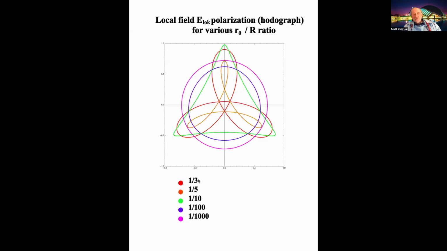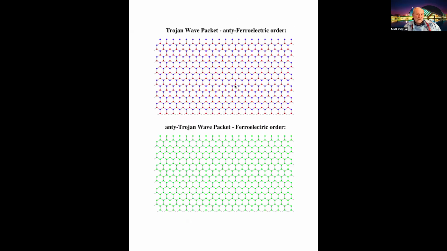Okay, for low ratios, but nevertheless, it says that in all these motions there is, as you see, a closed trajectory, and it is periodic, so there is a strong circular component, so it can still maintain the packet, and this is basically on honeycomb lattice you obtain ferroelectric, anti-ferroelectric order when the red sublattice and the blue sublattice have Trojan wave packets